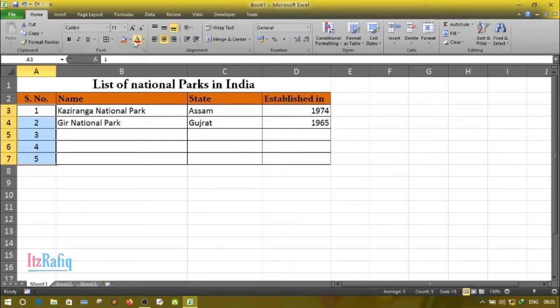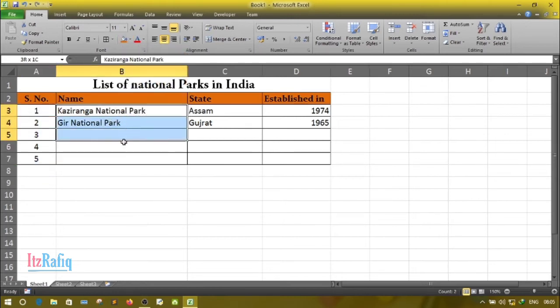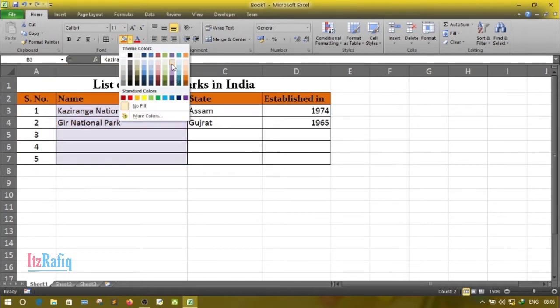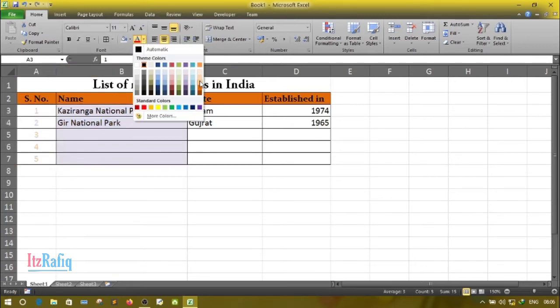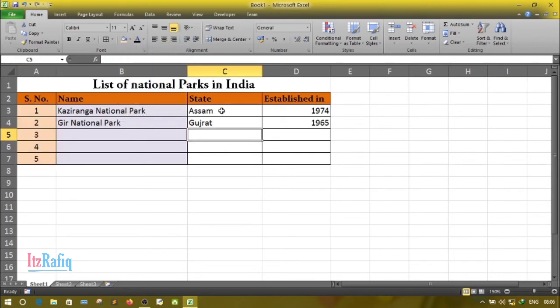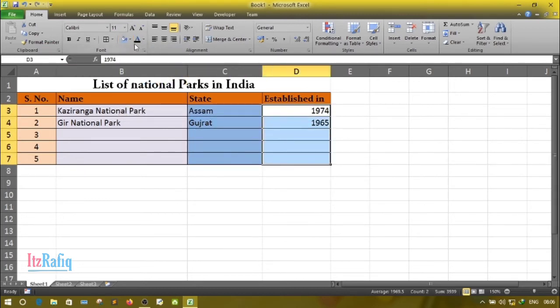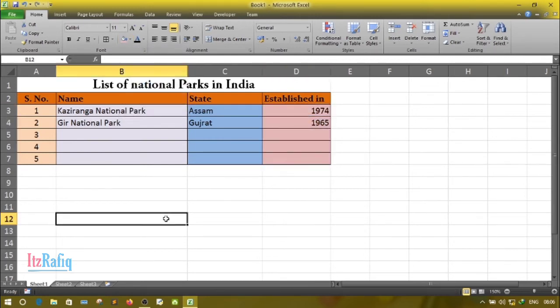Suppose I want to give serial number different colors, in names a different color, and in state a different color, established also a different color. So this way we can do formatting.